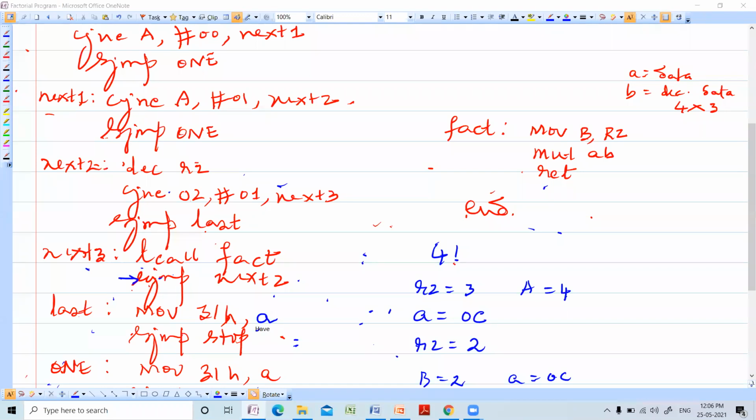I'm asking, have you understood whether the factorial program, the algorithm? Are you listening or not? Have you understood the program? So no answer. Have you understood?